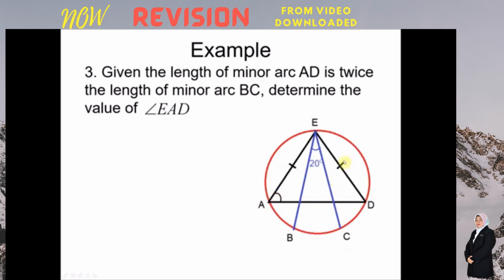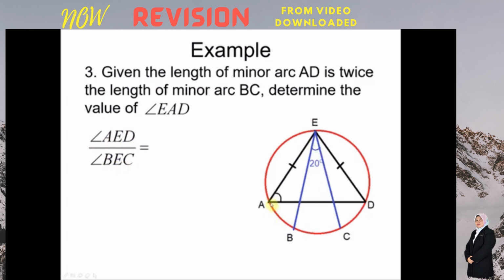This angle here, 20 degrees, is subtended by the arc BC, and we know that AD is twice BC. So if we take the angle AED divided by this angle BEC, the blue lines,